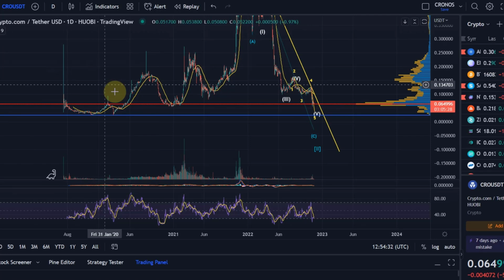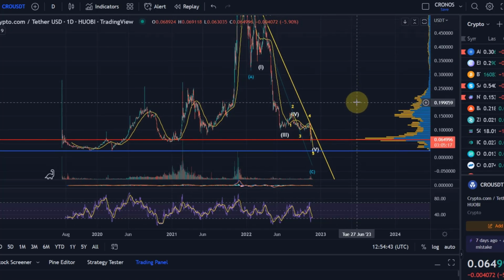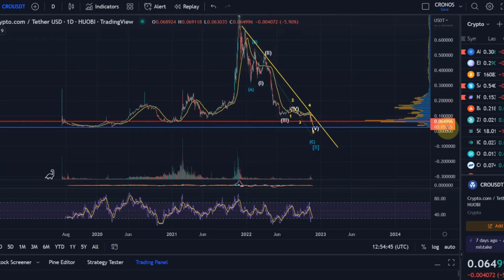To be honest, with FTT, because KuCoin lost as well, but in terms of the token price, I think it's still broadly in line with what other coins have lost. BNB is actually still doing quite well, so it's mainly FTT and CRO that have been suffering. A very strong move down here, which starts to look very impulsive, to be honest, which is not a good sign, and we're still below the descending trend line. Yes, we are oversold on the daily, but in the current situation, I'd be extremely careful with indicators like the RSI that's telling you you're oversold,